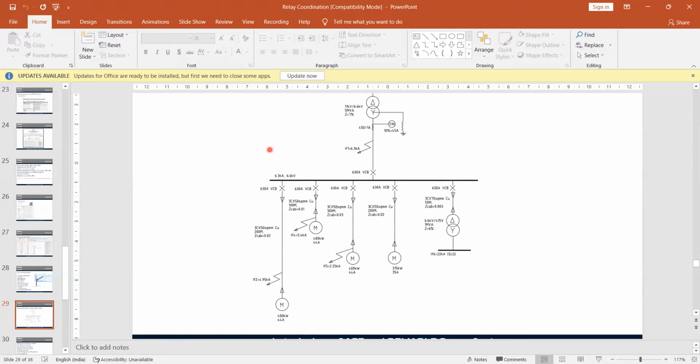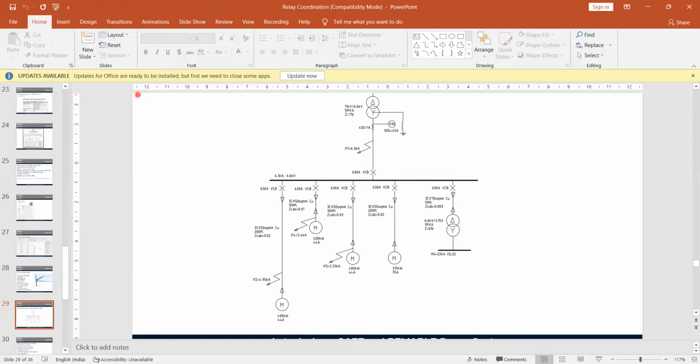So I keep my pickup at 0.645. Then coming to the TMS, at 0.645 this is infinity.